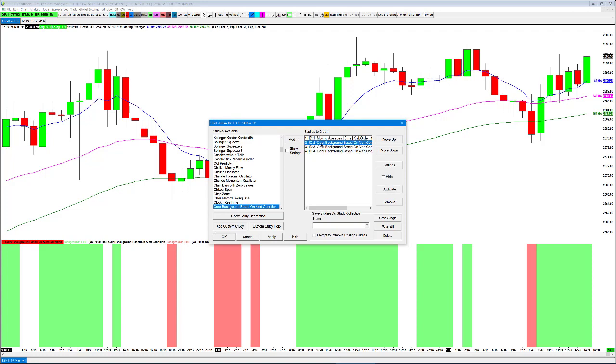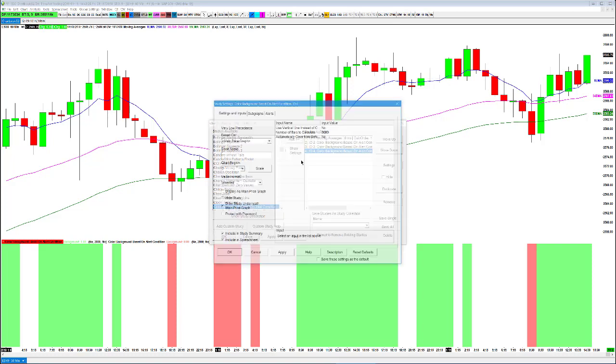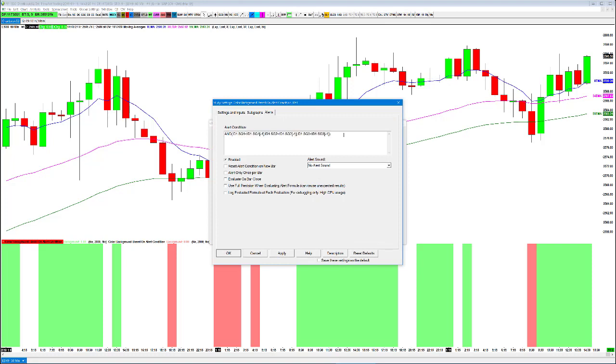And you'll notice that the color background studies themselves have their own ID number, which is 2 and 3. And so the condition for the fourth one is that neither of these things are true. So the condition for the neutral zone is that neither ID number 2 nor ID number 3 are true. So we can actually create a condition that says that and then use it to fill in these blanks. So in the settings section here for the color background, I can actually do another AND condition where I say something like